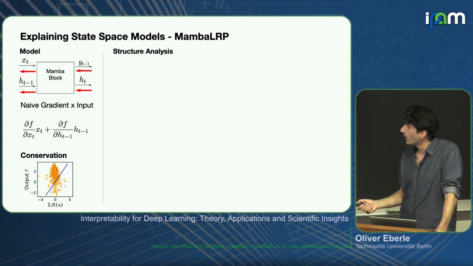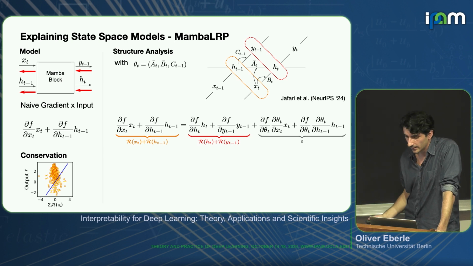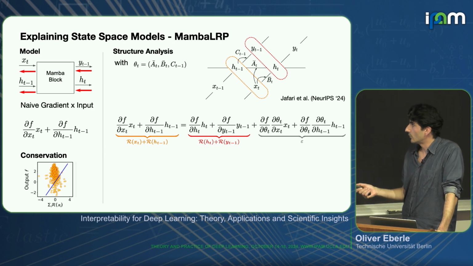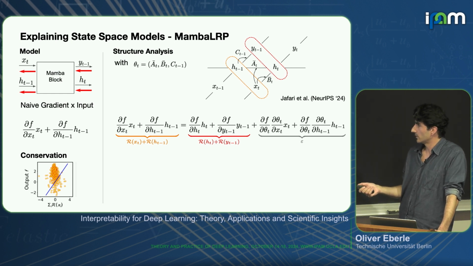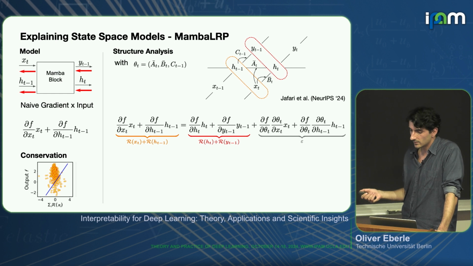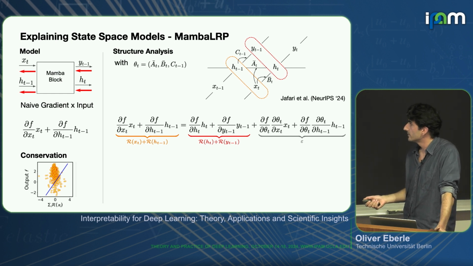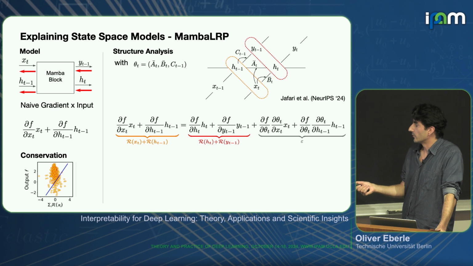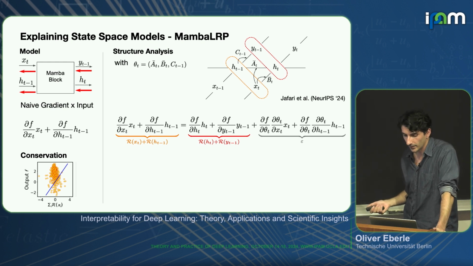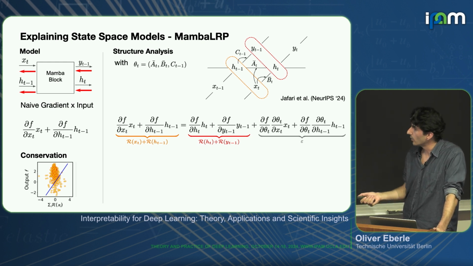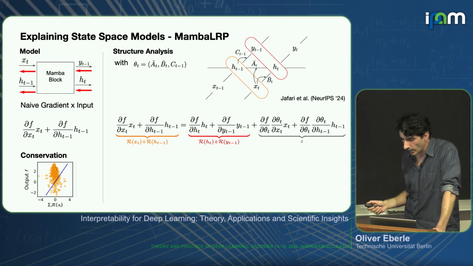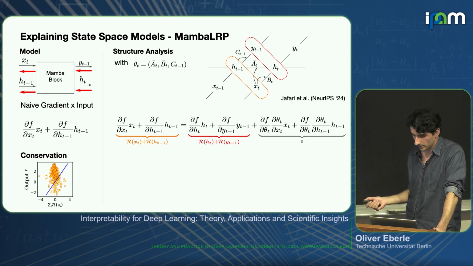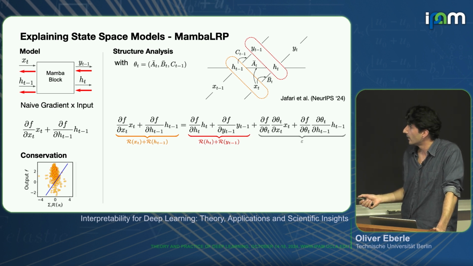We had some experience from analyzing transformers, so we did a similar approach for Mamba models. We wrote down a version of the state space dynamics and simplified a bit how these matrices are represented. We introduced this theta t to combine them, because they all depend on x of t, as I already mentioned. Then if you compute this term explicitly, independent of this diagram, you end up with the following equation for the gradient times input formulation.